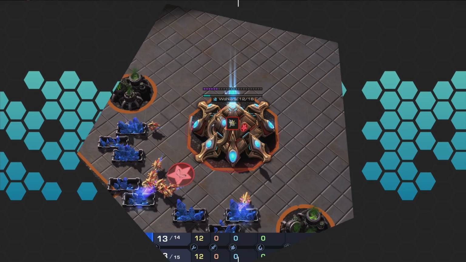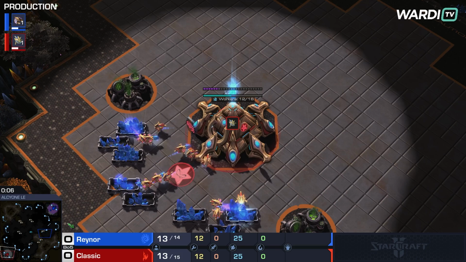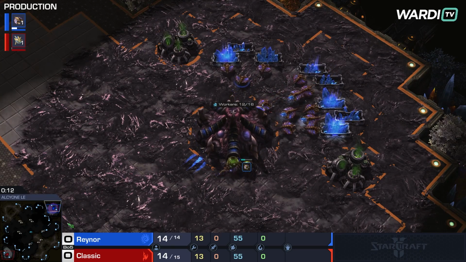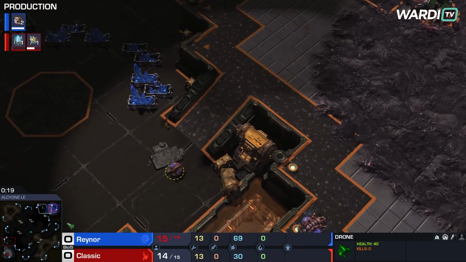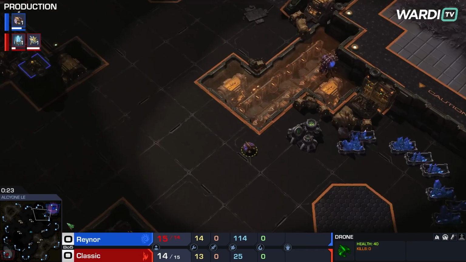We have ourselves in the bottom left-hand corner the red Protoss player. This is Classic, going up against the blue Zerg in the upper right-hand side, we have ourselves Reynor. Game 1 of this best-of-5 final. We got this underway. And we are going to see already a drone moving onto the map and looking towards